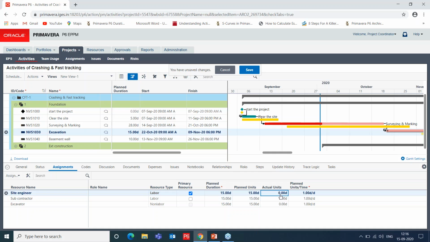So in order to get the cost forecasted in the particular project, we need to change the actual units of the particular activity. The planned units for this particular activity is 15, and right now 3 days of work has been completed, which I am denoting in the actuals as per the planned units per time. So once this is done, we are saving the schedule,